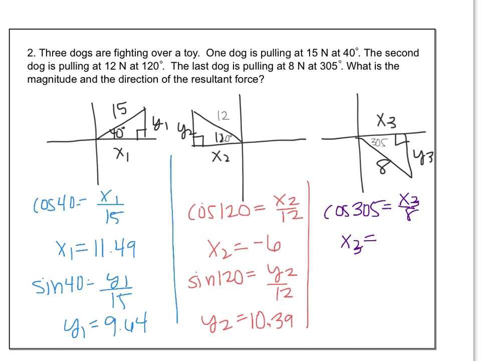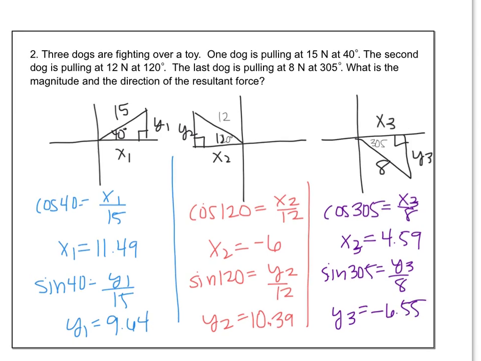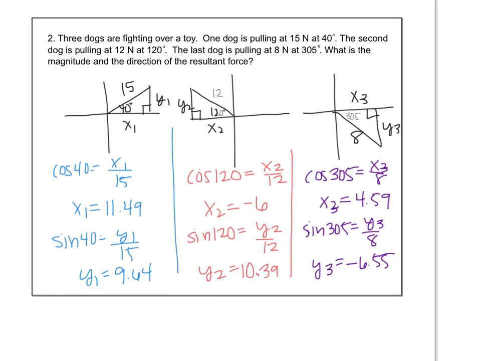And you get 4.59. And then to find y, we've got to do sine of 305 equals y3 over 8. That's -6.55. So then from there, what they're asking us for is they want to know the magnitude and the direction